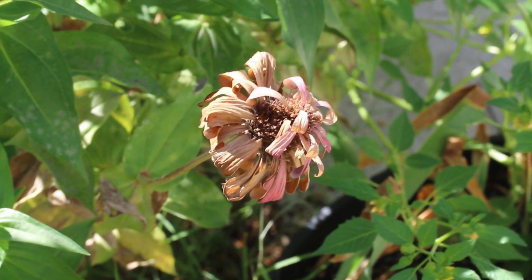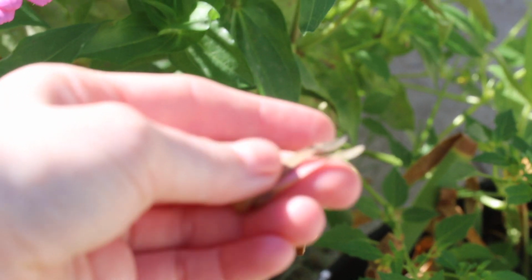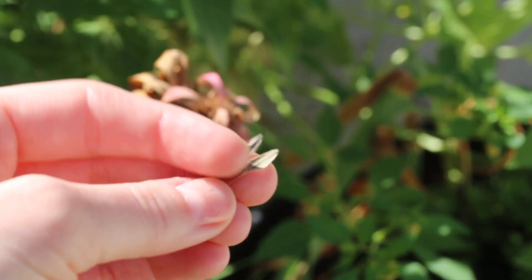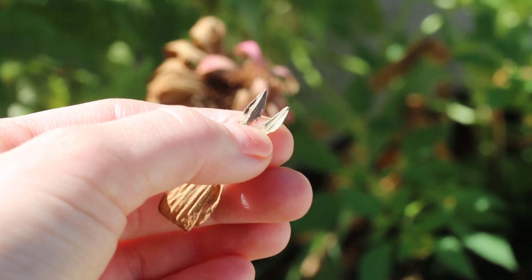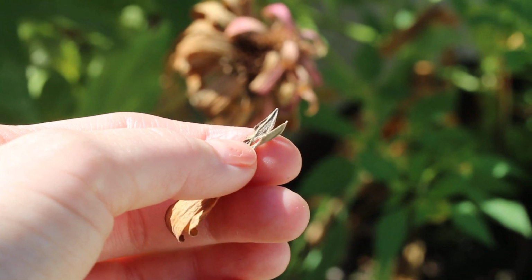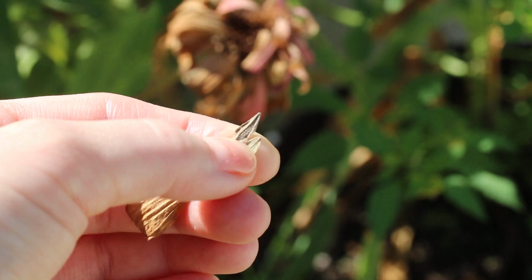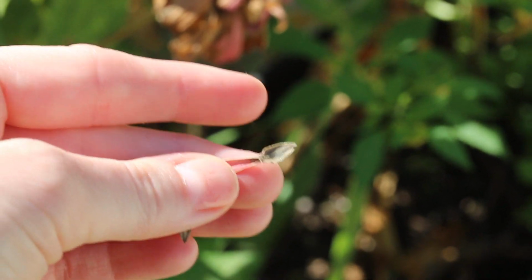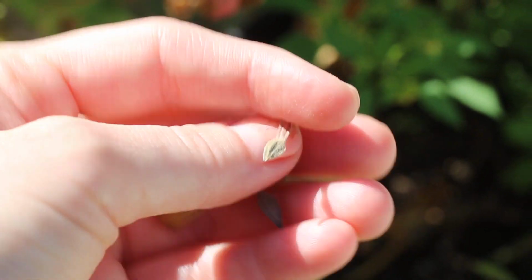this sad little thing. I pulled a couple of seeds from it, and you can see the arrowheads at the end, and they're dark. Sometimes you'll pull them out and they weren't pollinated, and so they'll just look really light. They'll be thin, papery, just chaff. But this one's got a little more substance to it. This one might not actually be viable, I'm still trying to learn which are viable, which are not, but there's a